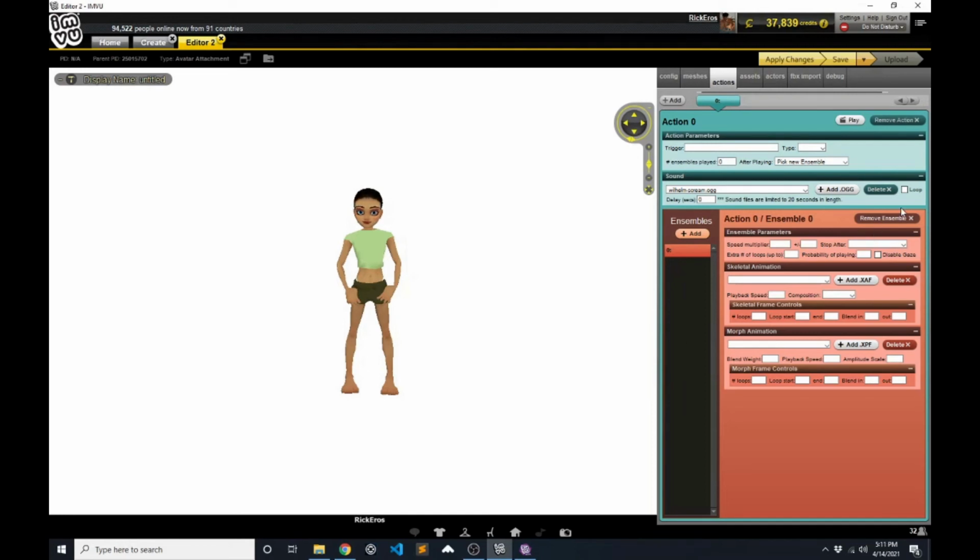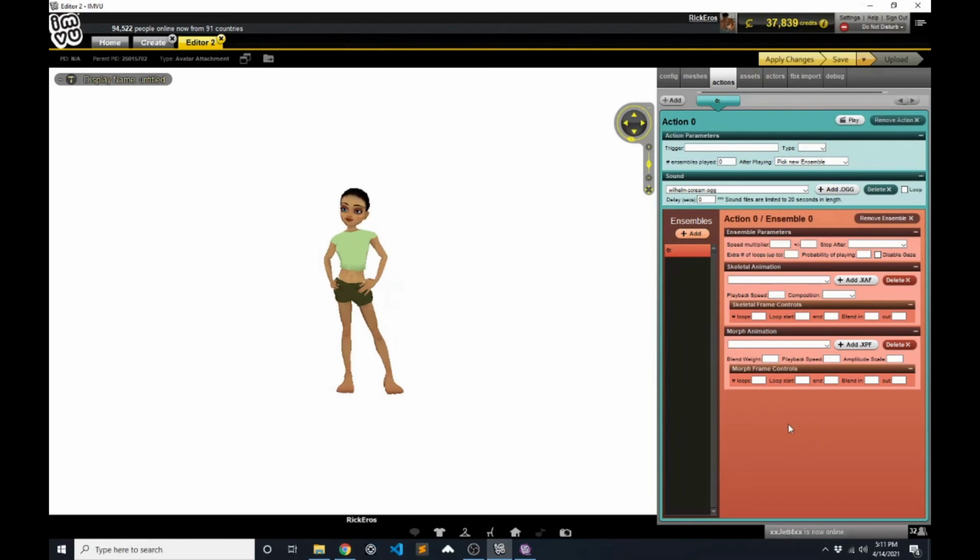Just so you know, you can loop things if you want. I wouldn't see why. The ensembles is a different story. That happens to go with the actions. That's more in line with dealing with actual 3D motions. The ensemble really just comes into play on playing a series of actions to make something happen. We're not going to do that. You can designate if it's a room or avatar. We want this to be avatar. So let's put